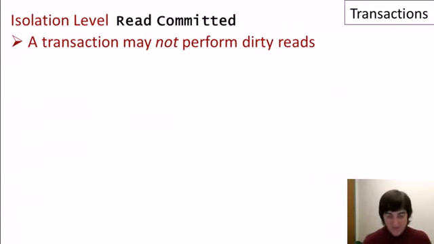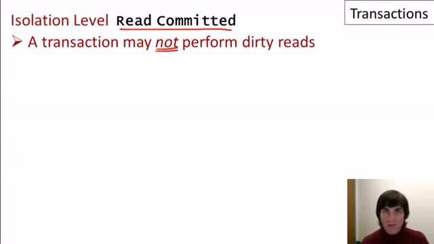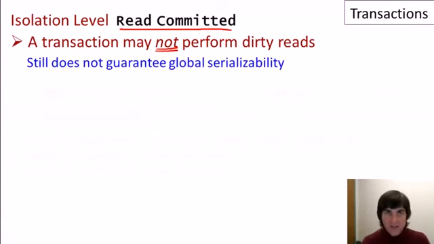Let's go one step up to the next isolation level, which is called read committed. As you can probably guess, this one specifies that transactions may not perform dirty reads. They may only read data values whose updates by other transactions have been committed to the database. Now this isolation level is stronger, but it still doesn't guarantee global serializability, and let's take a look through an